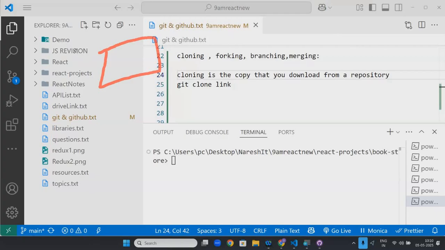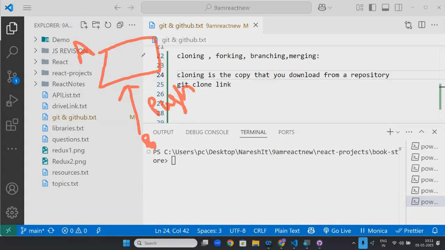This is something named A. This is A repo. There is another guy B. He wants to do some changes. I want to push changes. B wants to push changes to A. How will they allow it? First of all, the repository should be a public repository.